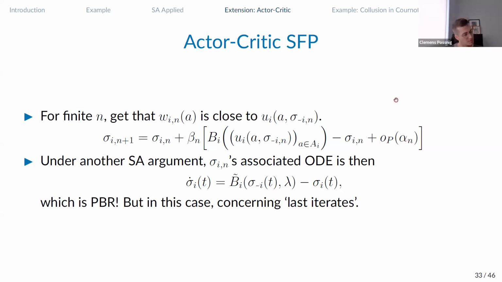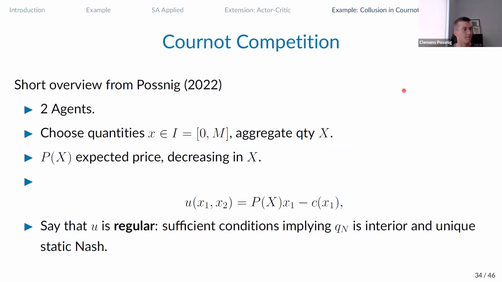Now, if there are no questions and we have about 15 minutes left, we can talk about my work in this area, or at least one of my recent works in this area. And that is thinking about actor-critic learning to play repeated game strategies. What I was interested in here basically was this question of algorithmic collusion, which came up while I was doing my PhD more and more in economics. And I wanted to make theoretical predictions under which conditions you can expect algorithms to learn collusion when they can play repeated game strategies.